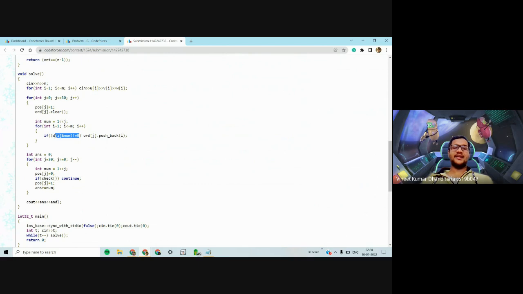So we check if the jth bit is on in the ith edge weight. If the ith edge has the jth bit on, we insert it in the list for j. So this way, for each bit, we know what all edges have that particular bit as on.